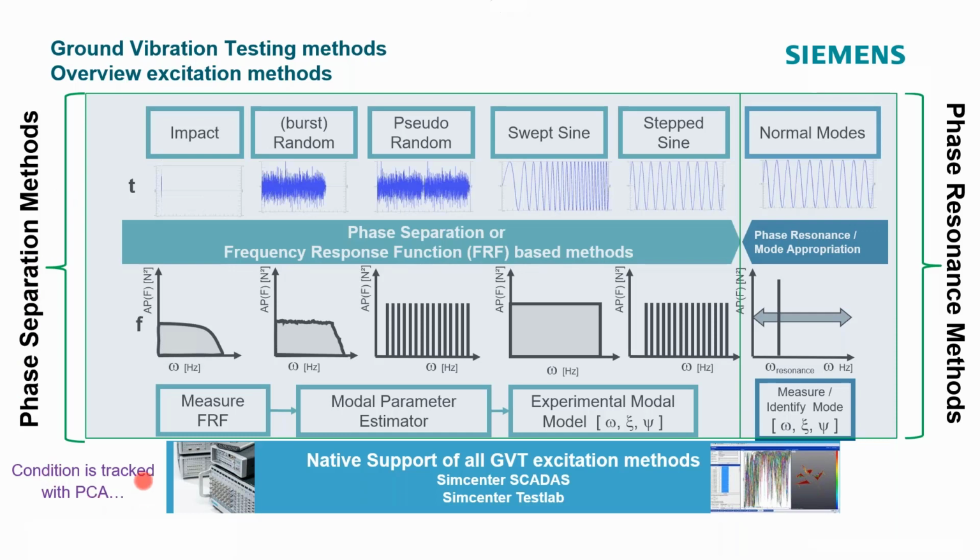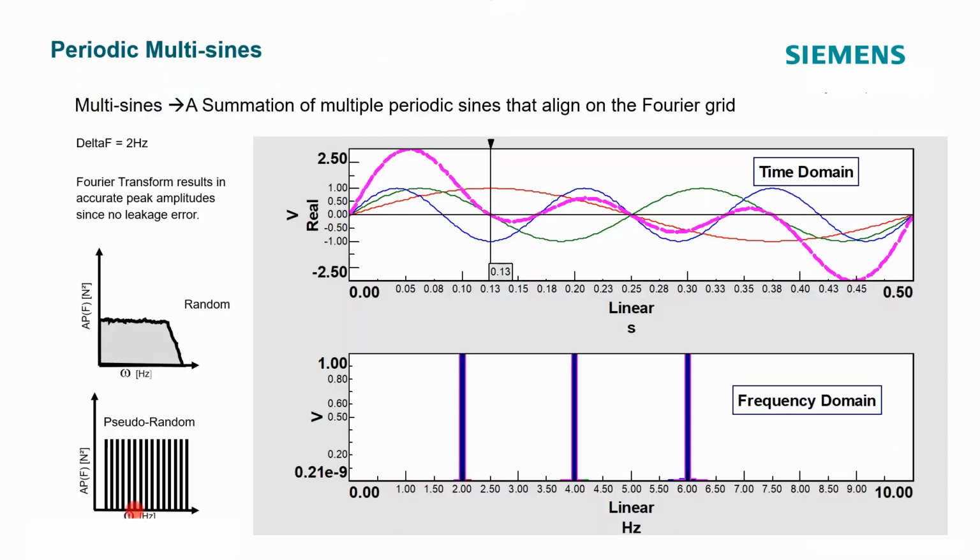For this phase separation method, we have this method called PCA, principal component analysis. So what's important and kind of implied with this name here is that we have phase separation methods. We want to have uncorrelated signals using all of these types of sources. And to ensure that we do, in order for the system to calculate a proper FRF, frequency response function, we need to have independent, uncorrelated sources. And the PCA is the tool that we have to ensure that we have uncorrelated sources from multiple inputs.